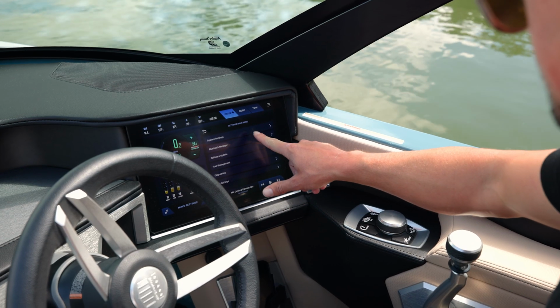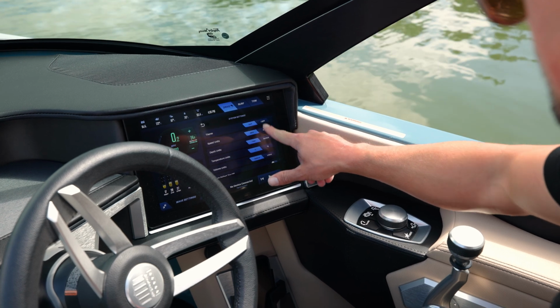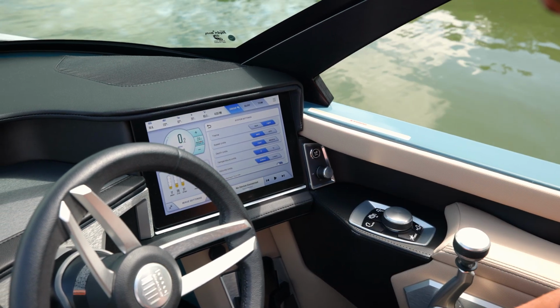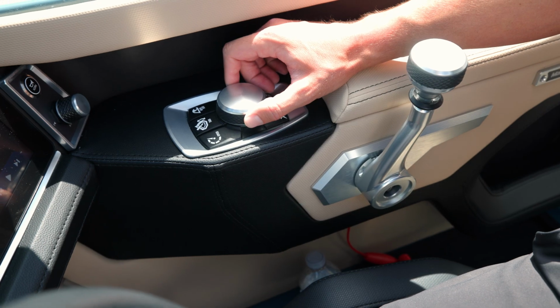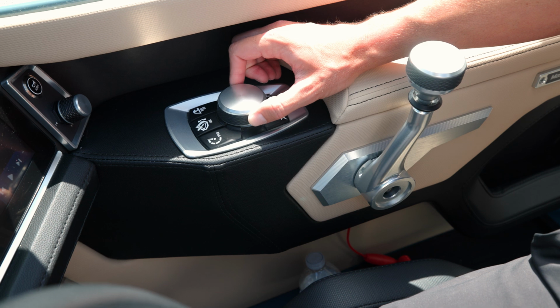While the hardware upgrades are beautiful, we also reworked the entire interface to make it even more intuitive, immersive, and customizable. A rudder position sensor has also been added for an enhanced driving experience. To make on-the-fly changes easier than ever before, we designed MasterCraft MyDrive, a rotary encoder that puts key controls at your fingertips. The hotkeys and rotary dial allow you to make effortless adjustments while keeping your eyes focused on the